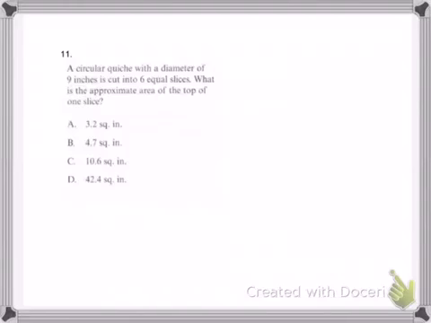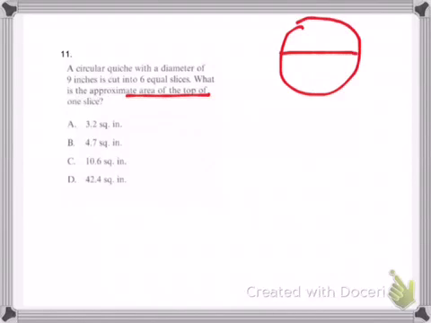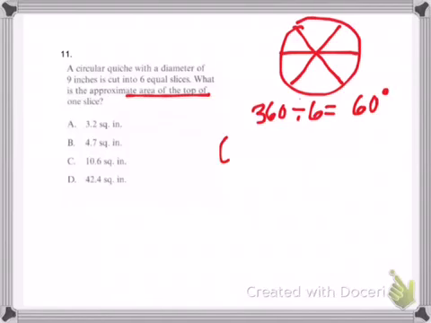11. A circular quiche, and that's an egg pie, with a diameter of 9 inches is cut into 6 equal slices. What is the approximate area of the top of one slice? If I picture it, I know that it's cut into 6 equal slices. So I know I have 360 degrees divided by 6. It's going to give me 60 degrees for each angle. So I'm going to say 60 over 360